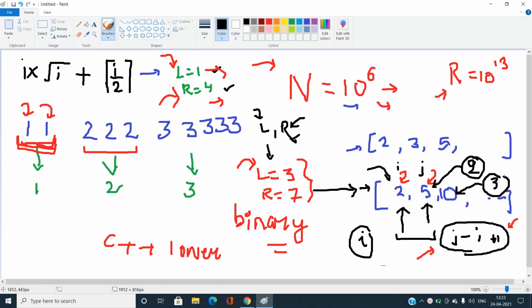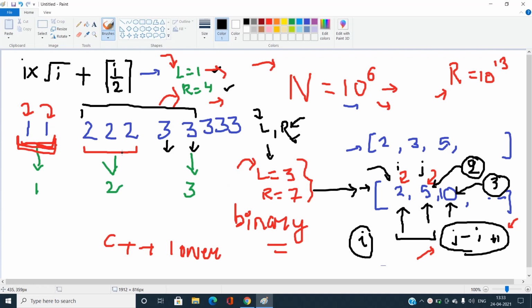What is the number of distinct values? It should be 3 minus 2 plus 1. The answer would be 2. So you can easily see that starting from 3 up to 7, the number of distinct values comes out to be 2. If we are given L equal to 6 and R equal to 7, and both have the same lower bound, index 3, our answer would be 3 minus 3, 0, plus 1, so the answer would be 1, and the number of distinct elements should be 1.